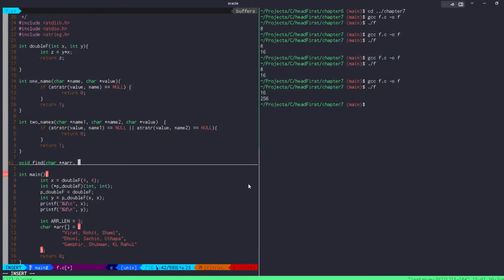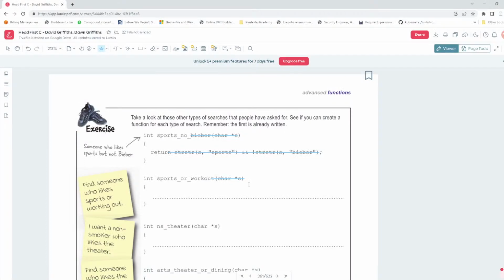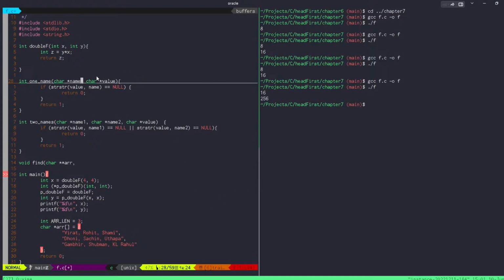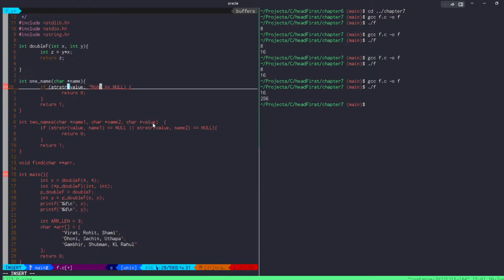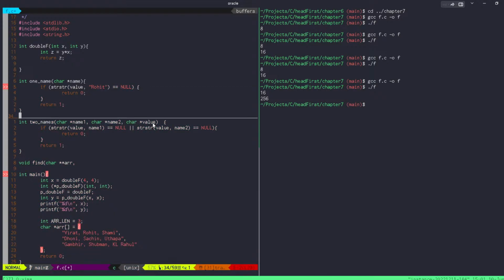Okay, it is saying that we can't use it like this. It will be difficult because the type of the list of parameters is different. So what it is trying to say, the name Rohit, and name should be